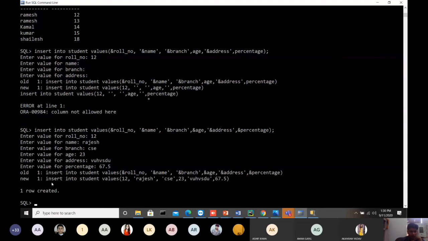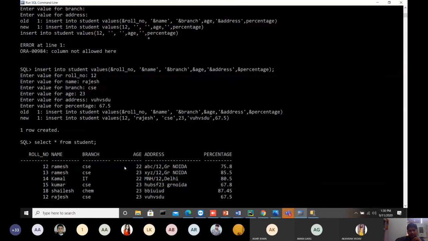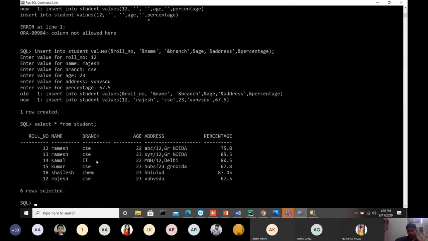Again, if we see here, 12 is also inserted. While in any student table, roll number must be unique, we can still insert such an entry into the table because there is no restriction over the table.